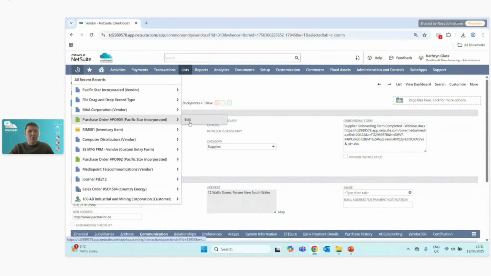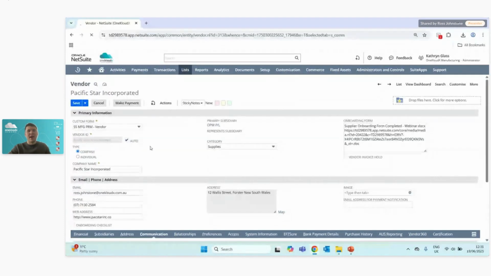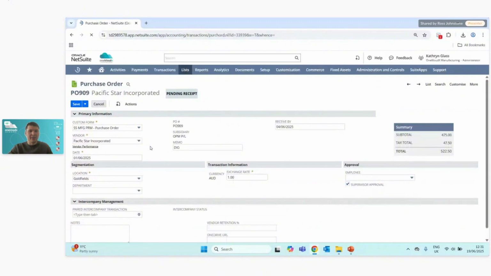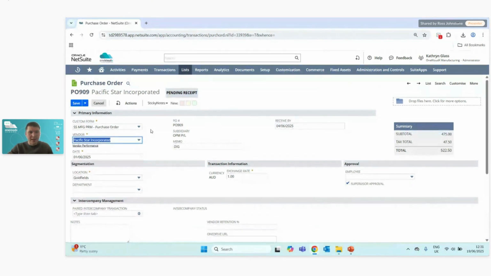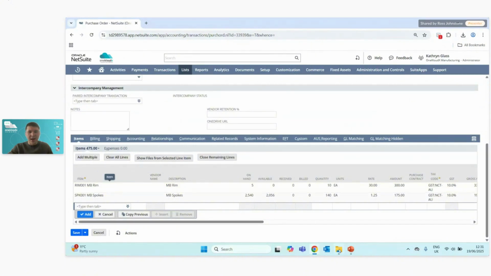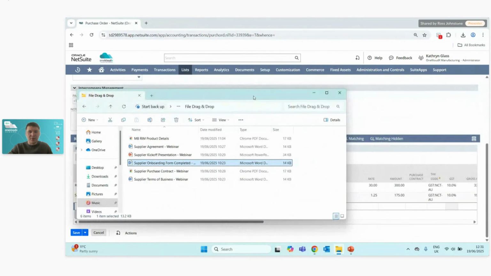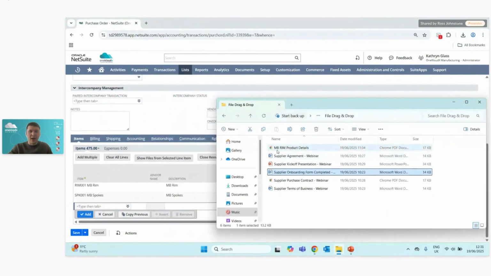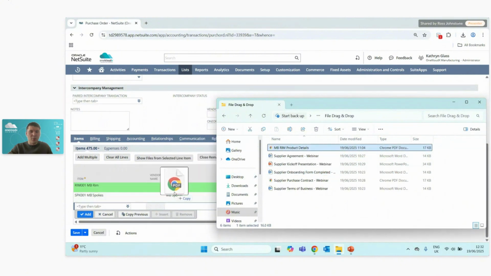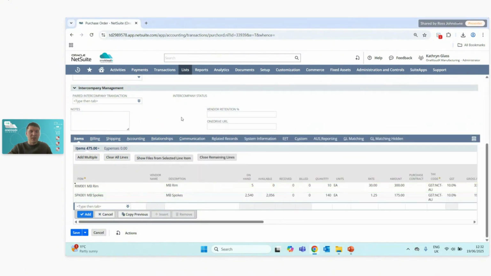In terms of additional functionality with the file drag and drop, we can also attach files at the line level as well. So say, for example, we've got a certain transaction. In this case, I'm opening a purchase order, but this could be a sales order or a quote or any other transaction within NetSuite. We can drag and drop our files at the line level as well. So say, on this purchase order, we want to attach some product details to this item here. We can just drag and drop and copy that across to this line item,